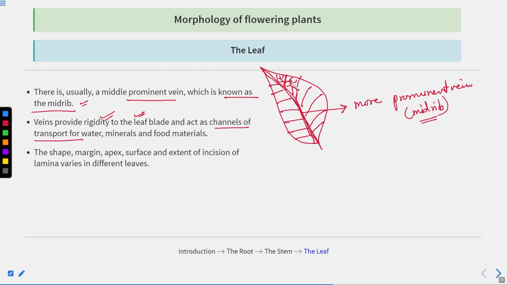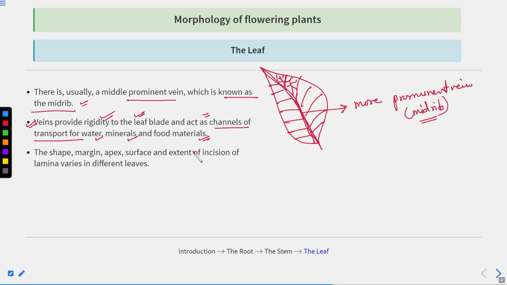So water is reaching every part, every cell of the leaf, and you all know that water is very important. It is one of the raw materials for the process of photosynthesis. The first raw material is carbon dioxide, and another thing required for photosynthesis is water, right? So these veins provide rigidity to the leaf blade and act as a channel of transport of water, minerals and